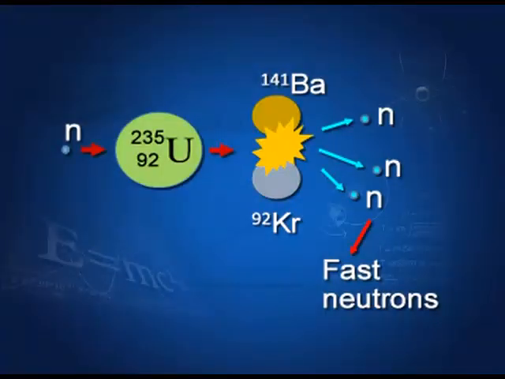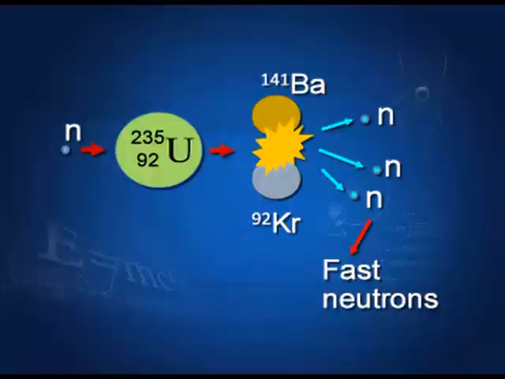Here I show you the sketch of nuclear fission. We have a neutron which attacks a U-235 nucleus, and there is a breakup of the nucleus into two nuclei, barium and krypton, and there is, on average, emission of 3 neutrons. These 3 neutrons are very energetic. They move with very high velocities, and therefore the probability with which they can attack another U-235 is small.